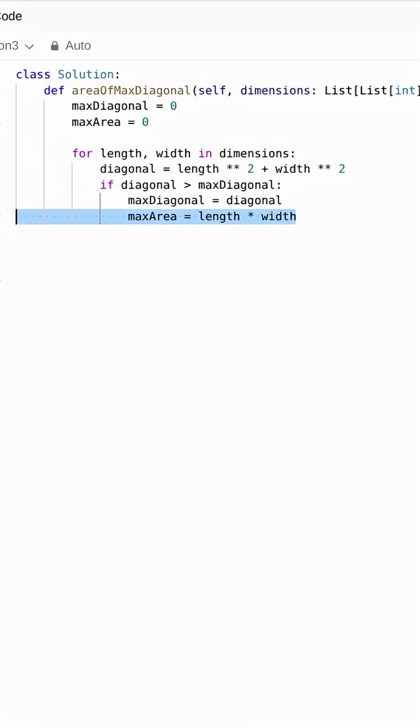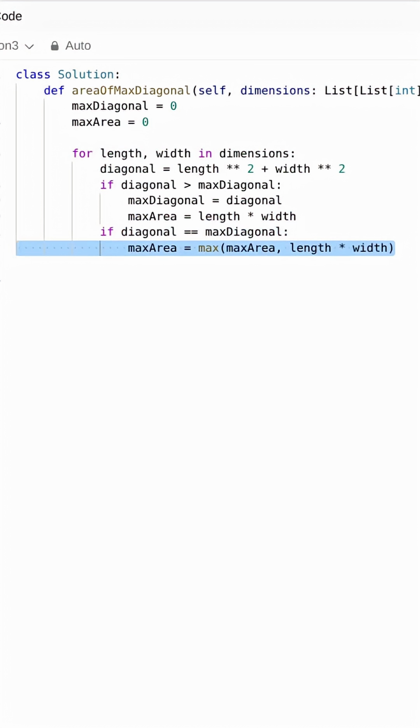Otherwise, if the current diagonal is equal to the largest diagonal that we've seen so far, then we don't have to set max diagonal because it's the same as it already was, but we may have to set the maximum area if the area of the current rectangle is greater than the area of the rectangle with the largest diagonal, even if they had the same diagonal. So we'll set max area equal to the max of the max area we've seen so far, or length times width of the current rectangle. And once we've looped through all the rectangles in the array, we just return the max area, and that's it,